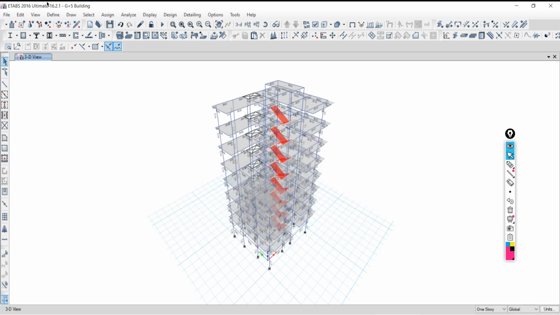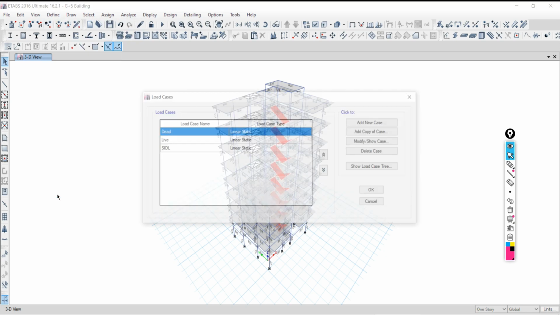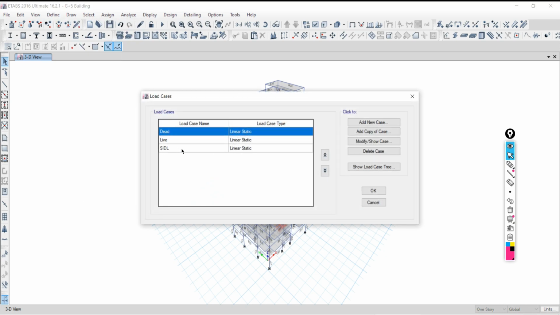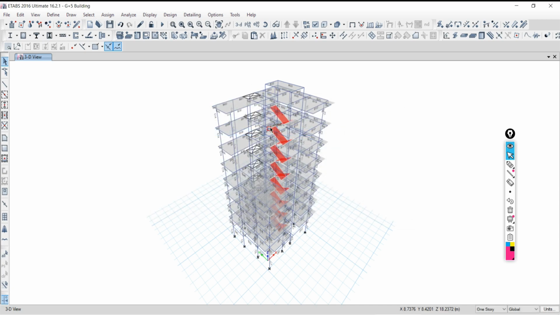Then load cases are actually dead load, live load, and superimposed dead load. So only gravitational loading is there. No lateral load, no dynamic load or dynamic analysis. All static analysis, only on gravitational loading. If lateral loading is there, then we can go for the dynamic. If only the gravitational load is there, what is the need to discuss dynamic analysis? So all this consists of only your static linear analysis. Okay, now perform the analysis.